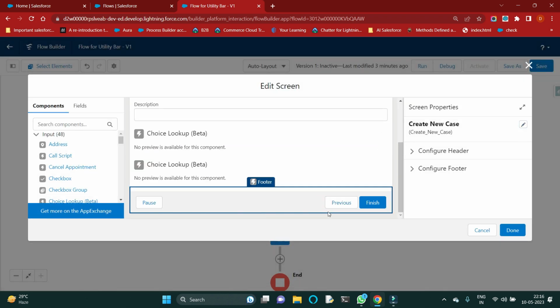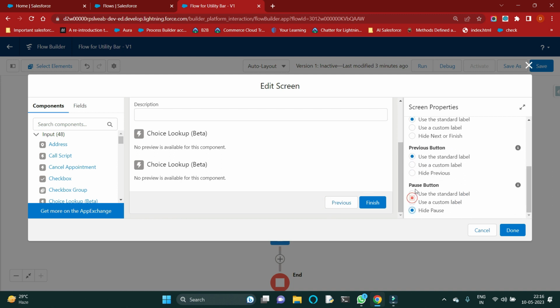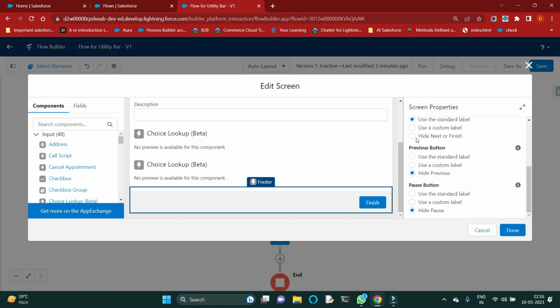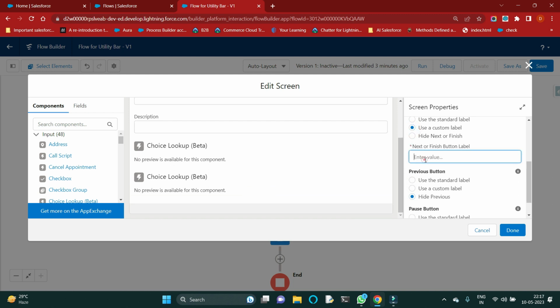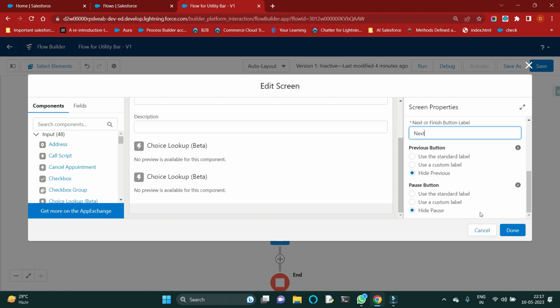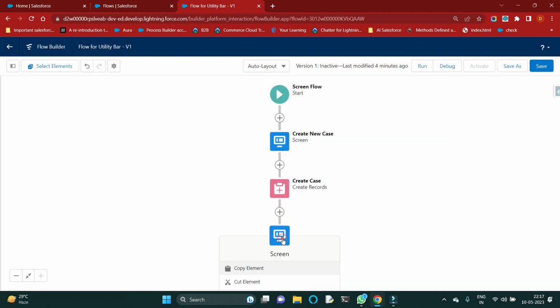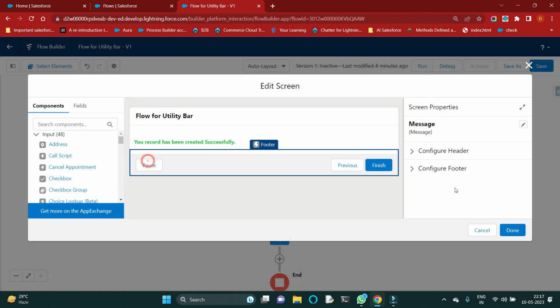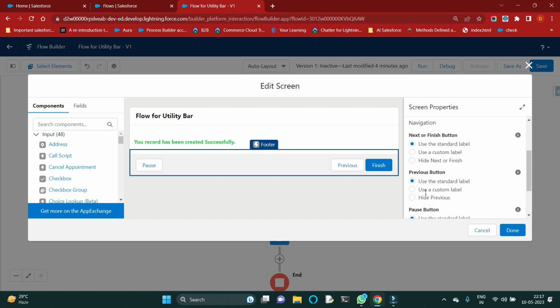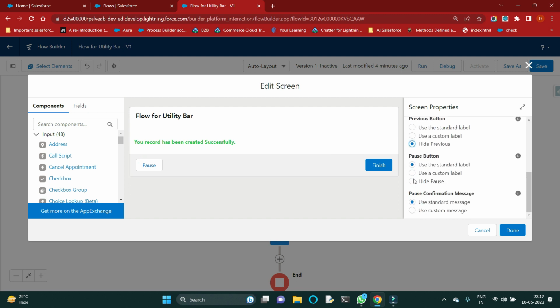For example, this pause and previous button I want to hide. So hide pause and hide previous. And for this finish button, I want a custom label that is next. Okay, just click done. And for this one, I need to hide the pause button and the previous button as well. Okay,